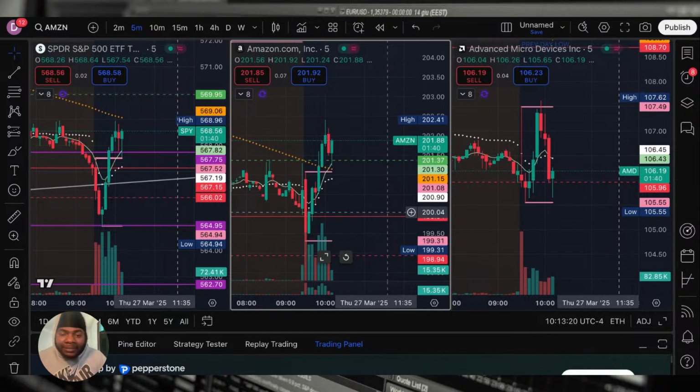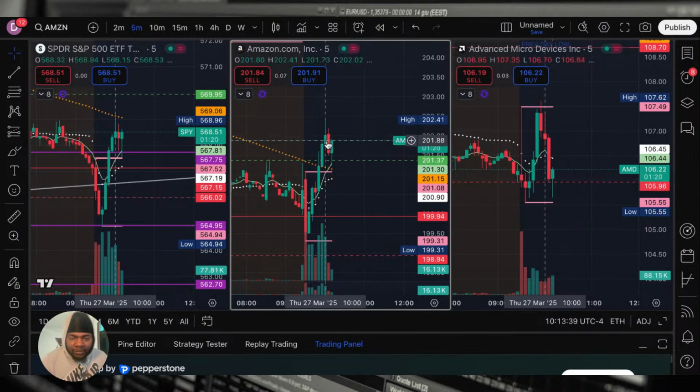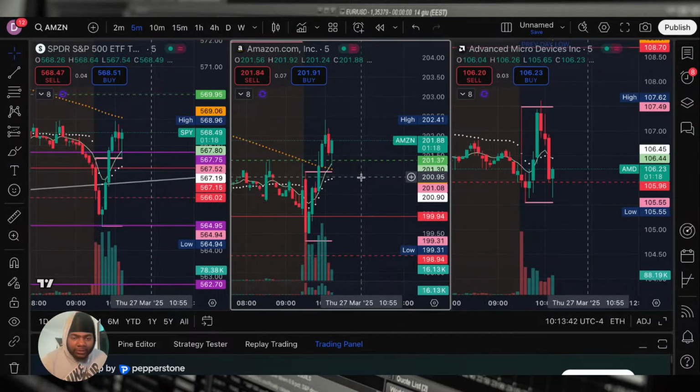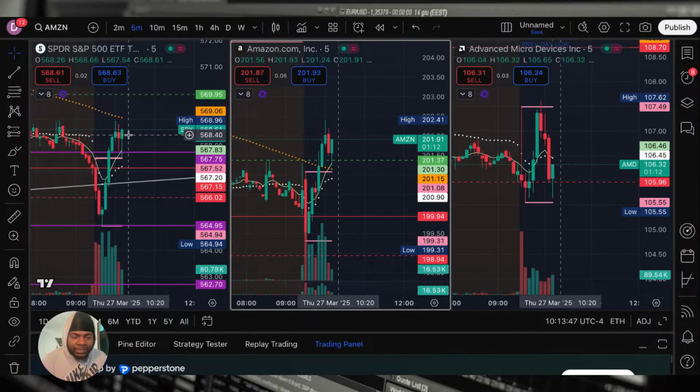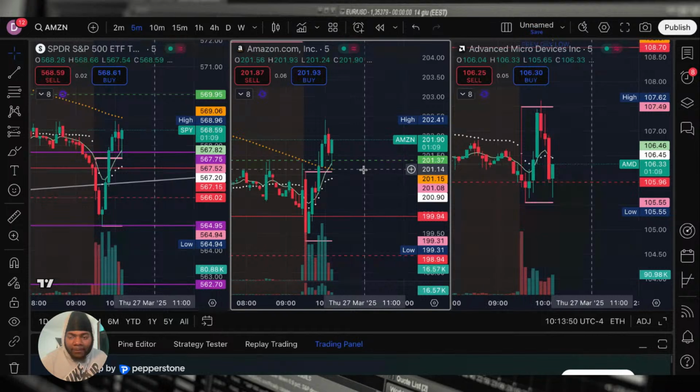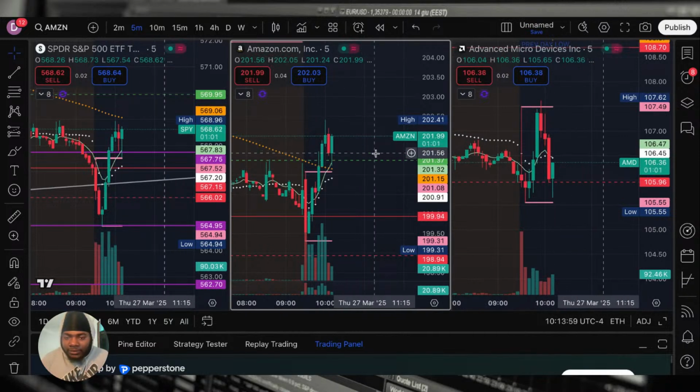I'm gonna load up Amazon calls again. Same contracts, 202.5. If we pass this pullback candle right here, I will take an entry. But we got to get up there though, so only if we pass the pullback candle. SPY has the same setup, but it's just trading into that 200 moving average, which I ain't trying to do right now. So if Amazon passes this pullback candle right here, I will take this entry.